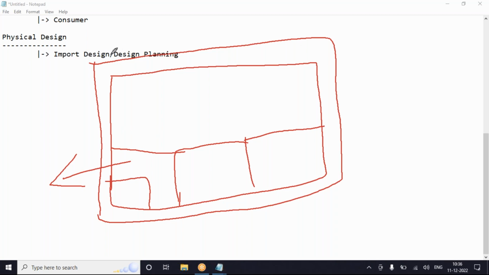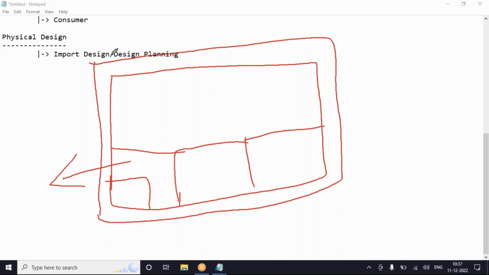So in the design planning and import design stage, with respect to the inputs provided, whether I need to divide or should I do it in a single go. If I have 1 million standard cells and 50 macros, I can do it in a single go. I don't need anyone's help. Okay, with 5 months of duration, will I be able to do it or not? That's what the requirement is. If only one person is able to do it from RTL to sign off without dividing the logic, then we will be calling it a flat level design.